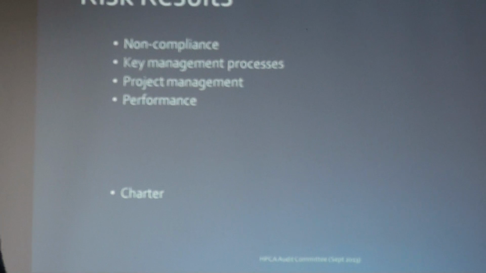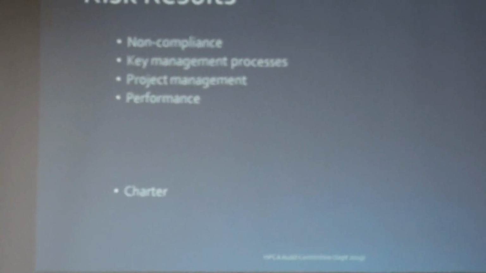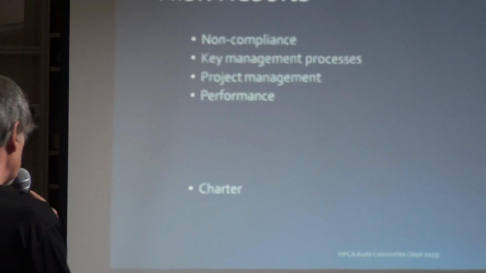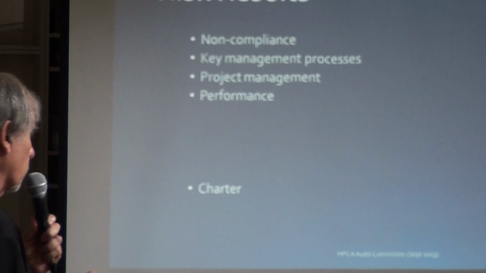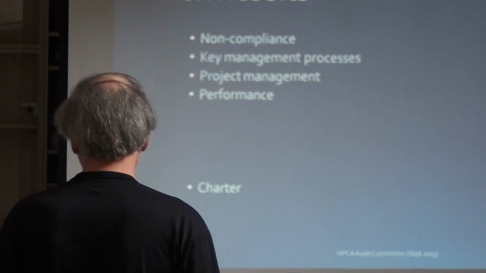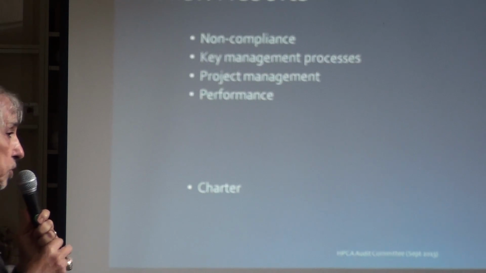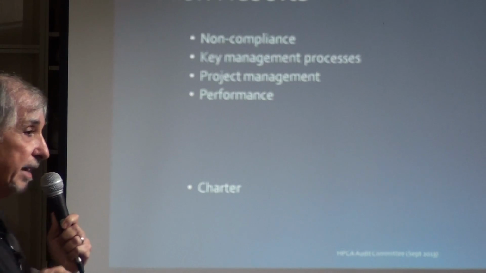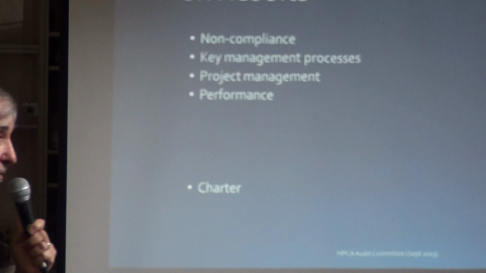So the risk results. What we like to do is focus in on items that are non-compliant, whether it's non-compliant with federal laws, state laws, or internal policy. We want to look at key management processes, whether they exist or whether they're adequate or not. We're looking at project management. Do we have enough controls on the projects that we're going to take? Do we have enough time? Can we mitigate a lot of the risk to the association? And we look at the performance of contractors